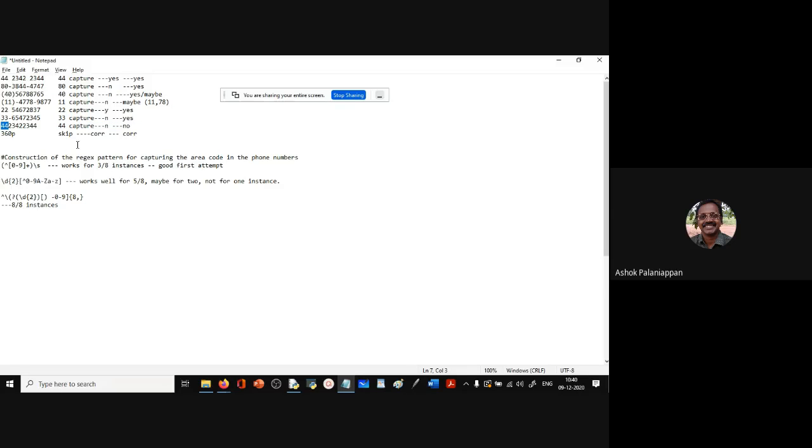Now, if we want, we can also extract the full phone number, or the last 8 digits. All that is possible. They're all subsets, but we did not set out to solve a very big problem and then narrow it down into the area code. To solve the area code itself, we have to have the full pattern at hand. That's how I will put it. Yes, sir. Now I got it, sir.